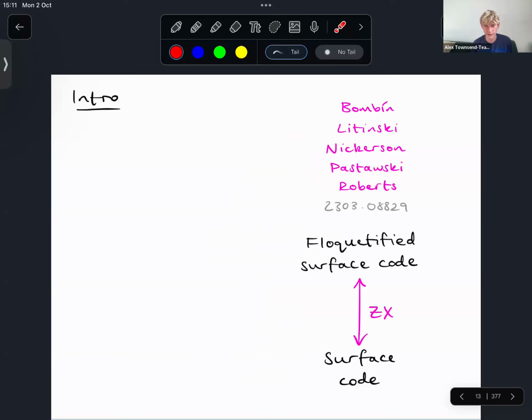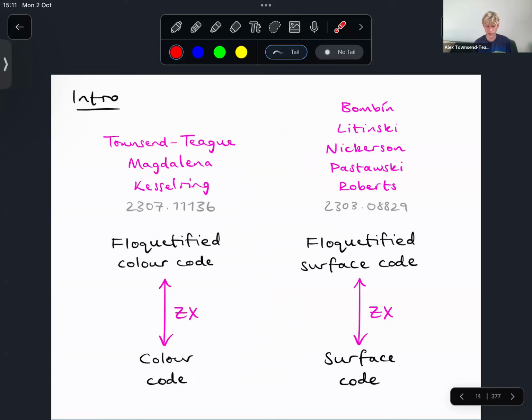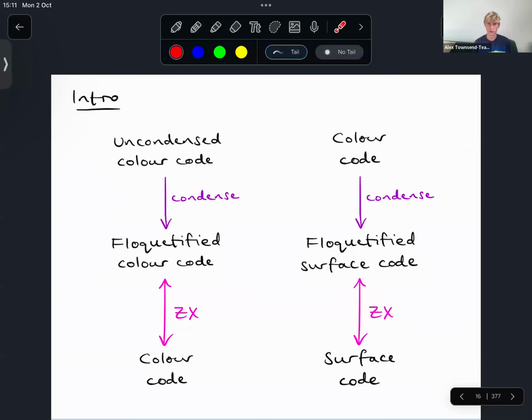one view on what we did is just to do exactly the same thing, but for the second most famous stabilizer code, which is called the color code. There is a little bit more to this story, but I don't really want to talk about it in this talk,